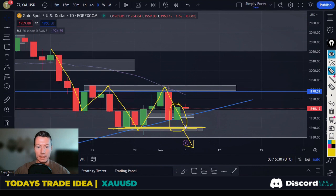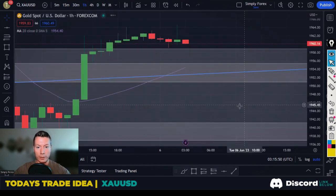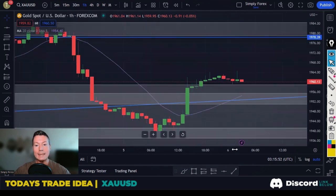But it's found itself in a bit of a range between here and here. So I think we can come back up to the top of this range, because of this bullish reaction at these lows. So that's the idea. If we drop down to the H1, guys, what I want to see,